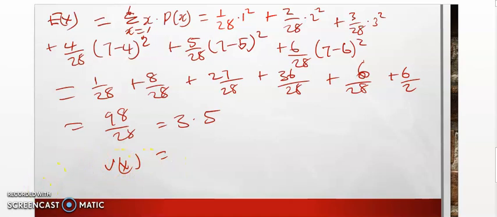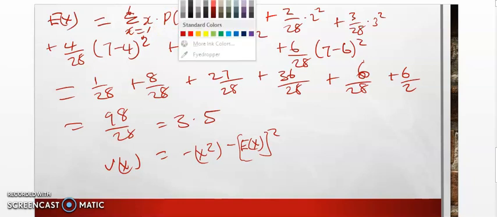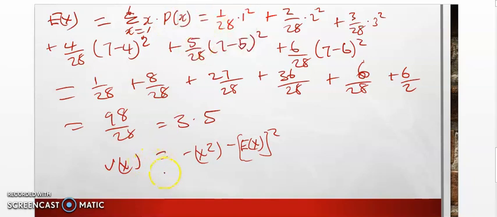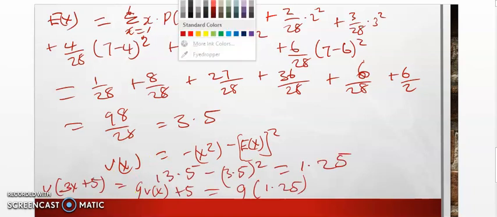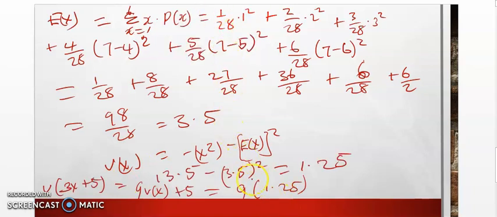So we'll go ahead and use the formula as indicated to find the variance of x. In our formula, if we evaluate, that's what we have, 13.5 minus this. So this implies